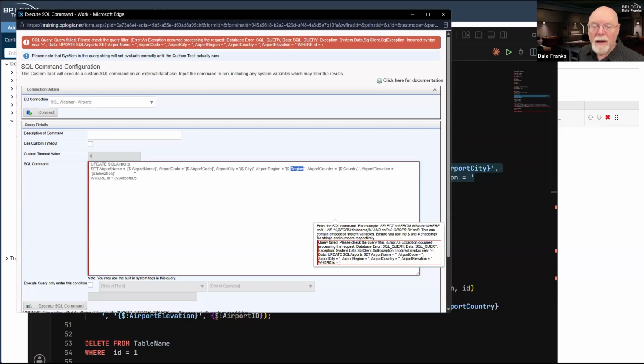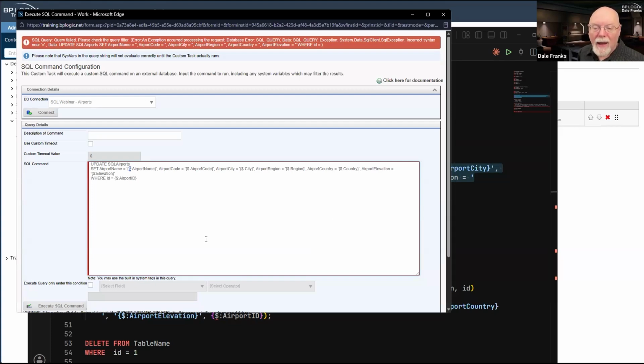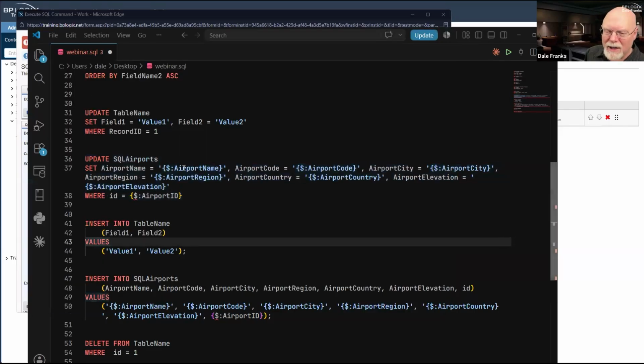Now, once again, I will remind you that anytime I'm going to pass data to SQL, I'm going to want to sanitize that data by using the appropriate encoding character to make this a SQL-safe value when it gets passed to your SQL server.